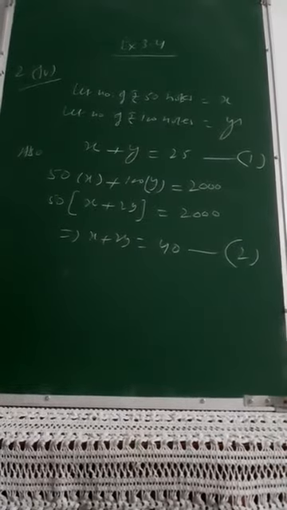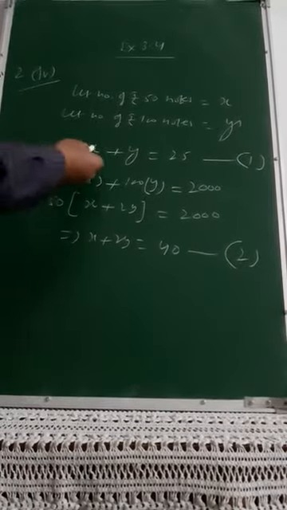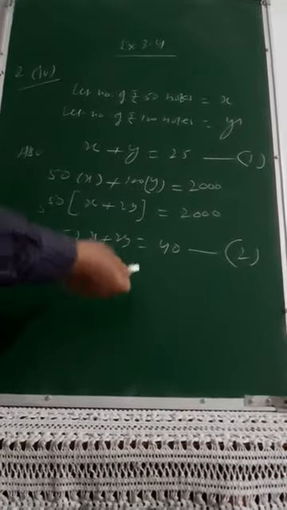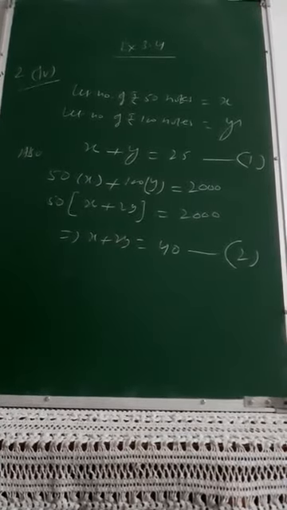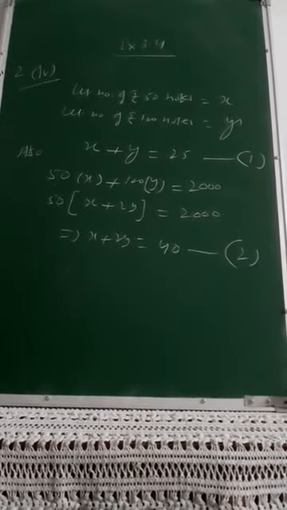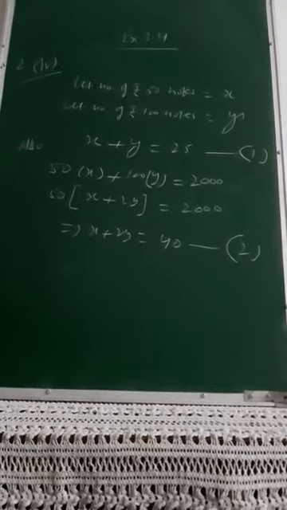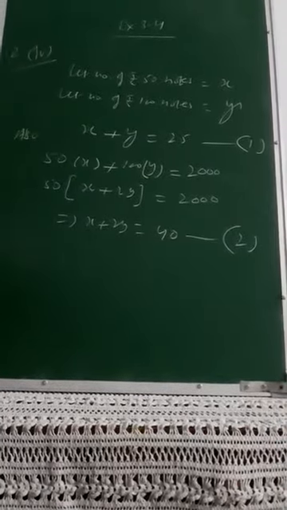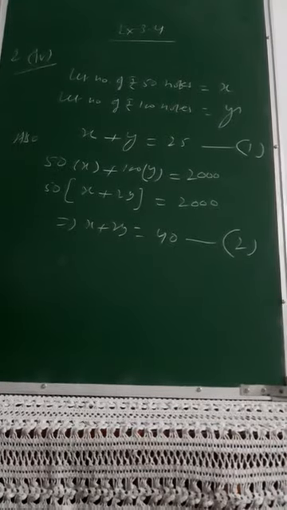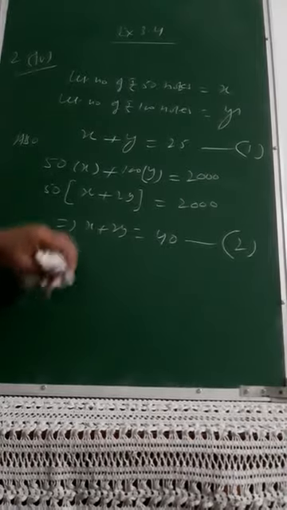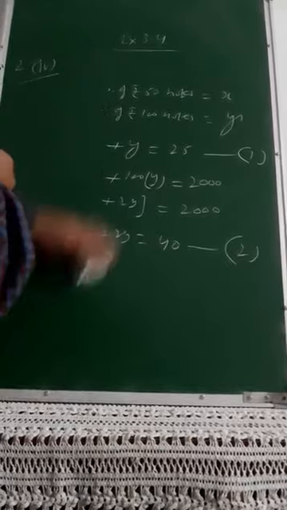I hope all of you can go comfortably for the values of X and Y. Directly you can subtract. X will go off, Y minus 2Y is minus Y, and there it is minus 15. So Y is equal to 15, which means the number of rupees 100 notes will be 15. The number of rupees 50 notes will be 25 minus 15, which is equal to 10, and then you can cross check the answer. Not a difficult one, but see how to solve and keep a watch upon your steps while you are writing the answers.